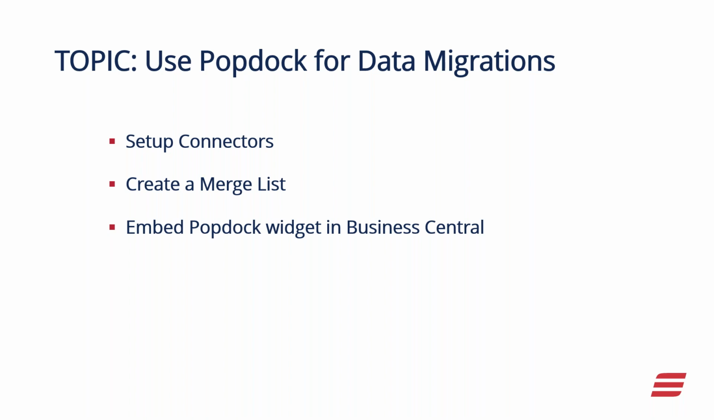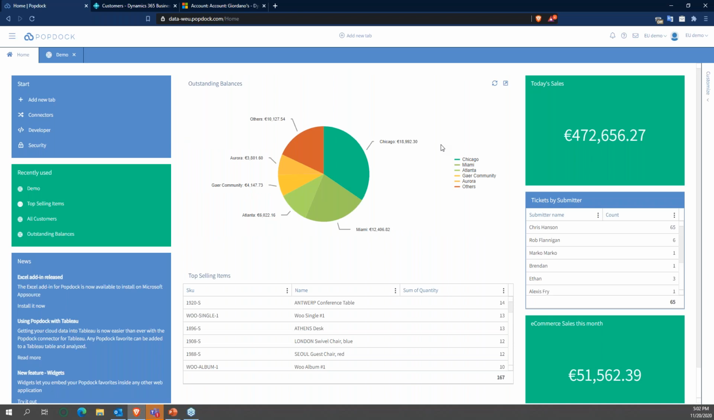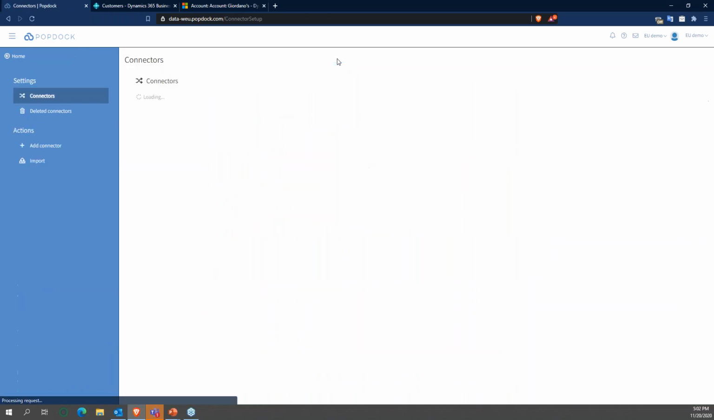So I'm going to keep my historical data in GP, bring over just my starting balances, and then my new transactions will be in Business Central moving forward. I'll show how you can use Popdock so that you're able to view that historical data along with your current Business Central data. To give you an idea, if we're in Popdock, you can set up as many